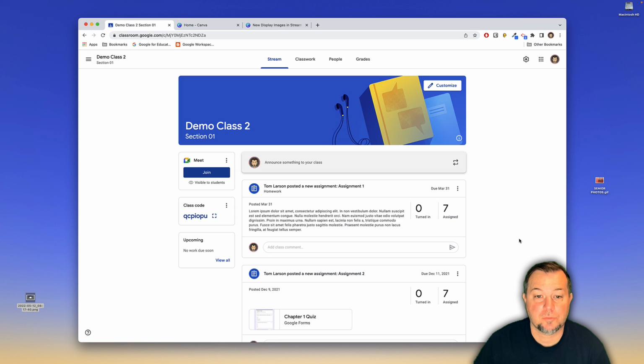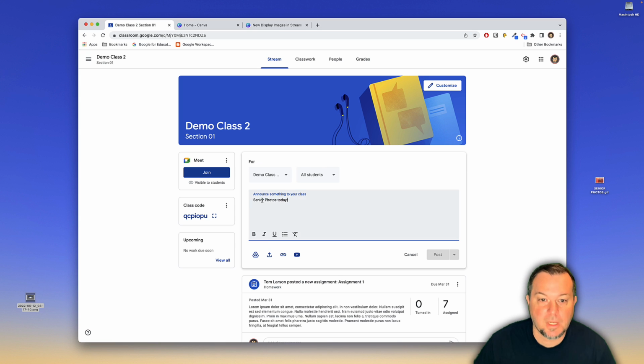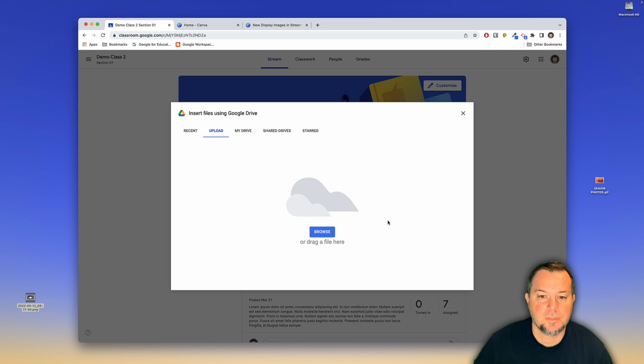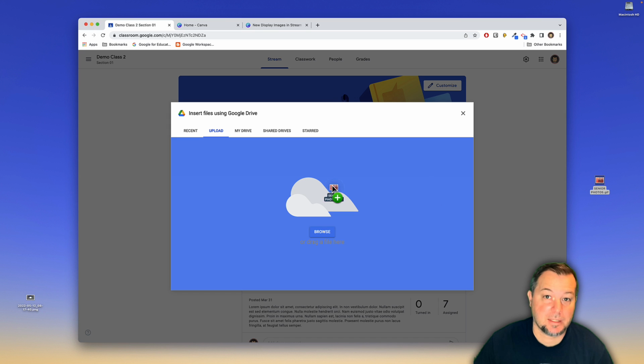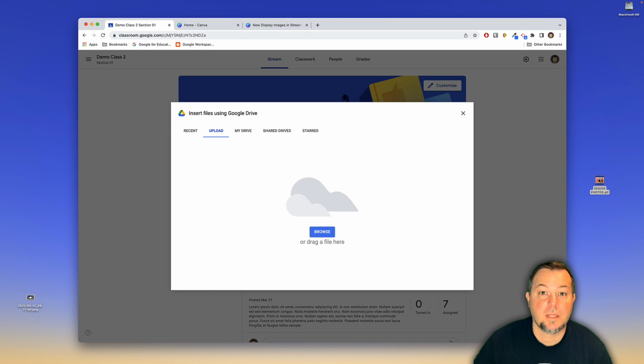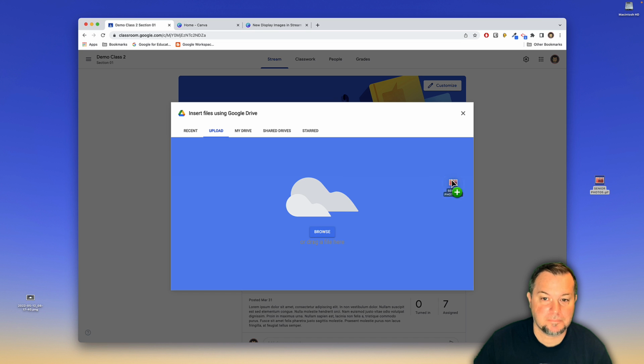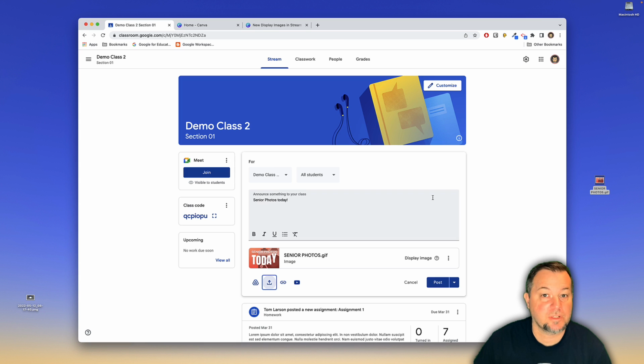In Google Classroom, click Announce Something to Your Class. Enter your announcement and then upload the image. We'll choose Upload File, and then I'll drag the animated GIF that I just created. That's right, you can now use animated GIFs on your Classroom stream. Once you've attached the image, click Post,